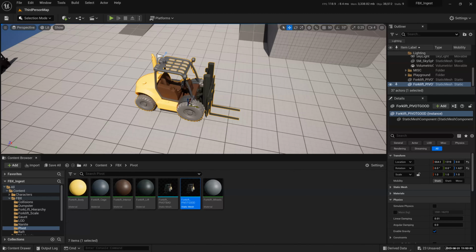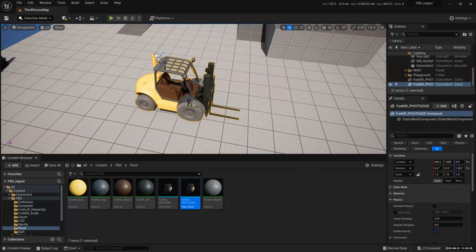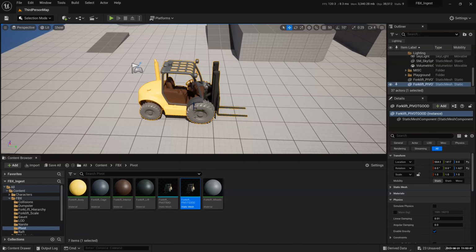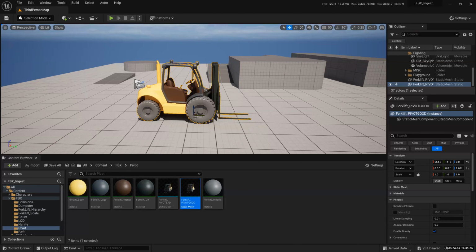Okay, so that's the pivot point issue that we have. Pivot points are important in the sense that when you place stuff, you want them to be placed correctly where you want them to be, for rotation purposes. If you run Blueprint, if you want to run some kind of, what was the word for it? Some kind of logic, like game logic, then you will have to have the pivot point in the center. Otherwise, you will not get what you want.